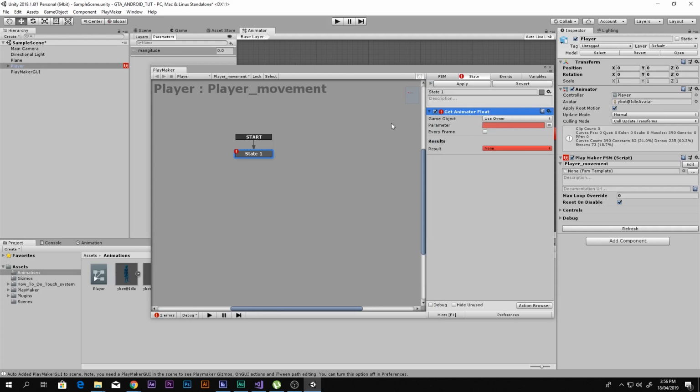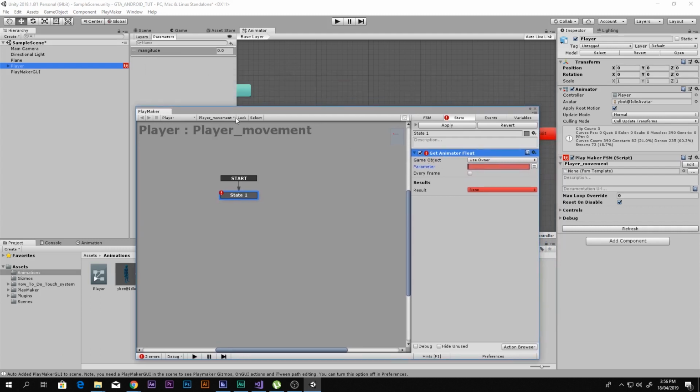The game object that has the animator controller is the user owner, right? So the player here has the animator controller, and in that animator controller we have this magnitude, the animator float, right? So we gonna set the game object as user owner, because the user owner has the animator controller. And then the parameter is, let's just go ahead and just write, we have to type it in. So make sure you do not make any kind of spelling mistakes. So better is to just copy the name and paste it in here. There we go. And we're gonna set it to every frame,